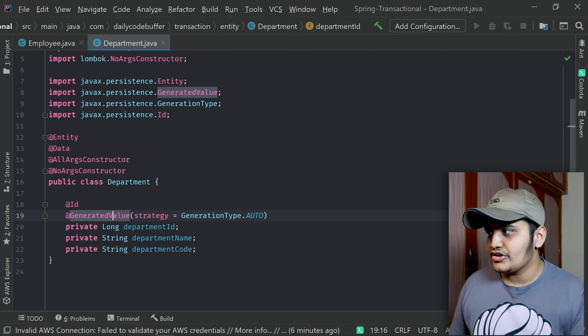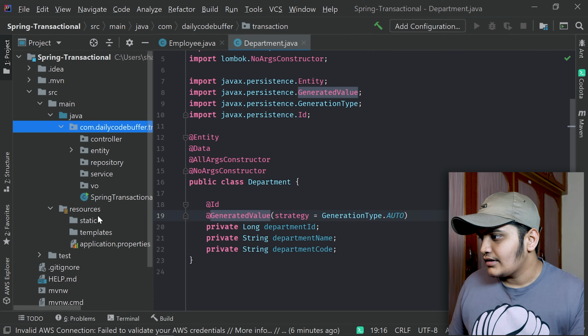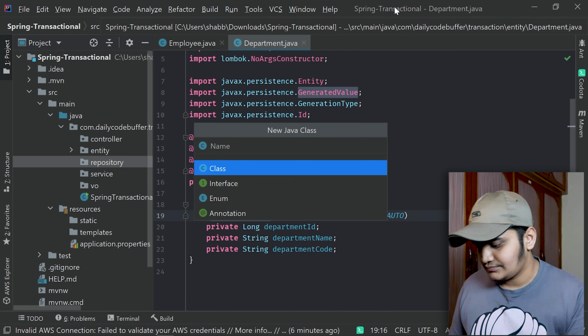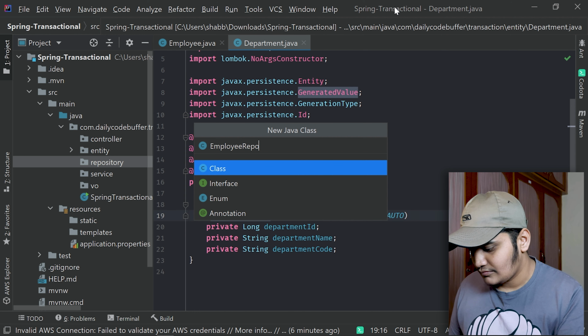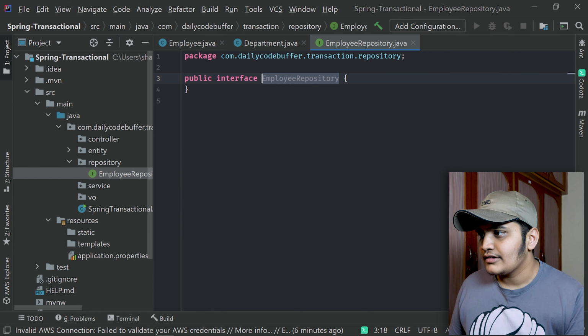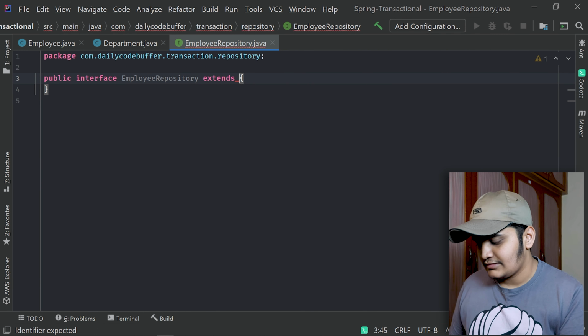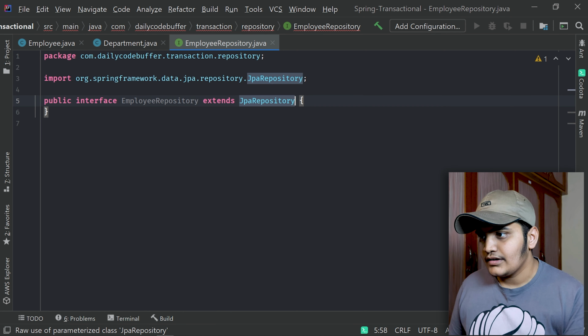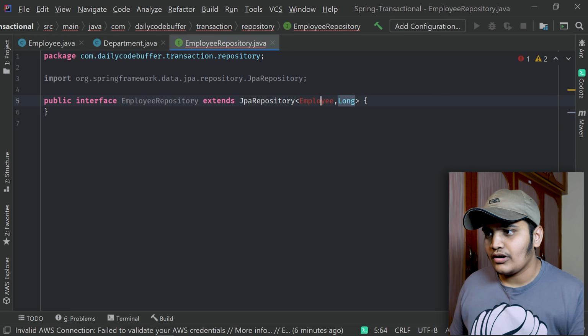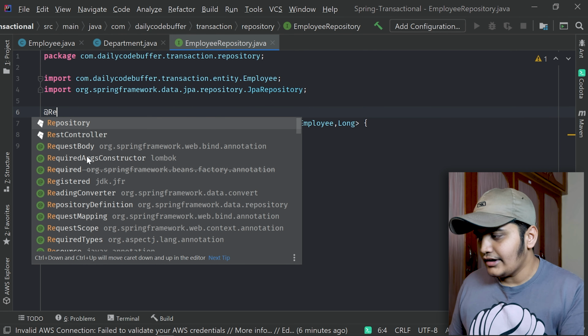Now let's create the repositories for them. Let's create the EmployeeRepository as an interface. This will extend JpaRepository, of type Employee, and the ID is of type Long. I'll annotate this with @Repository.